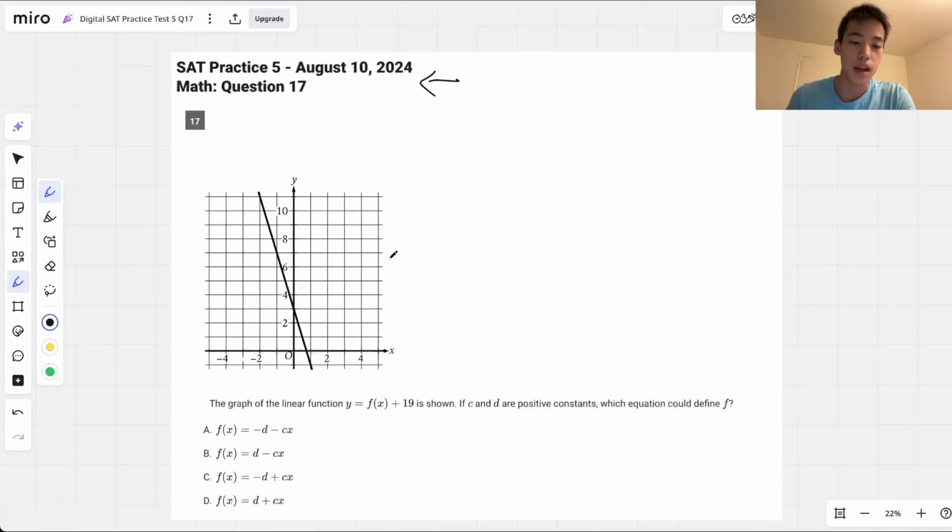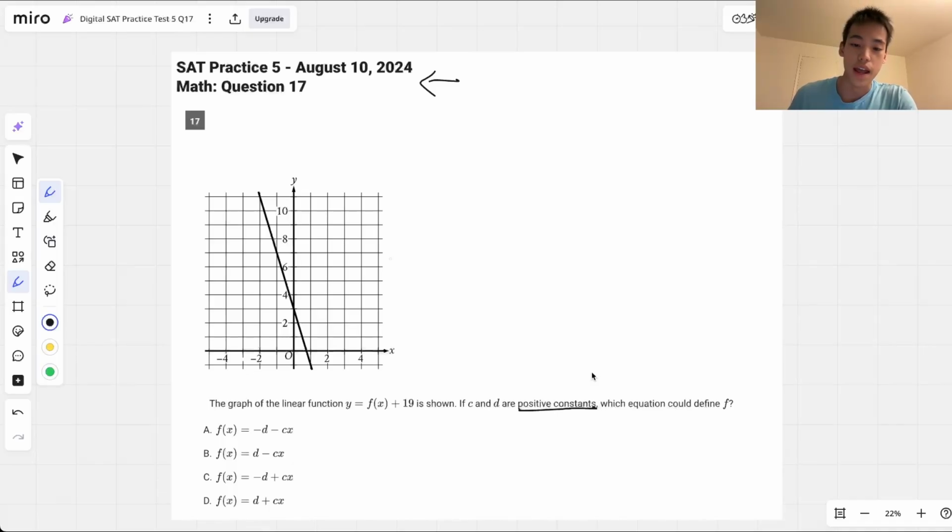The first step to any problem is reading the problem carefully and making sure we make the most out of the information that it gives us. And so let's read it together. The graph of the linear function y equals f of x plus 19 is shown. If c and d are positive constants, so positive constants is probably going to be an important condition here,